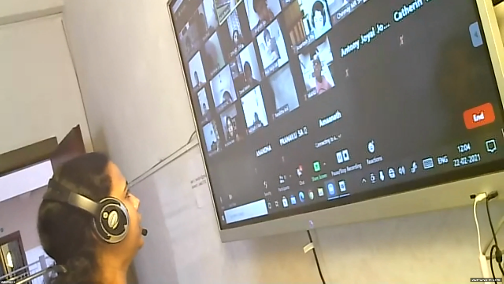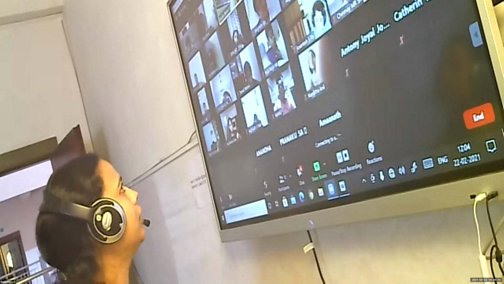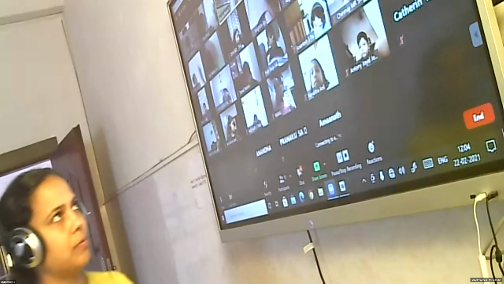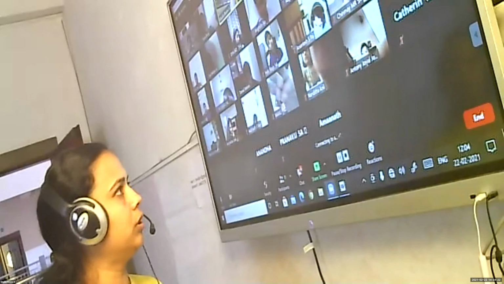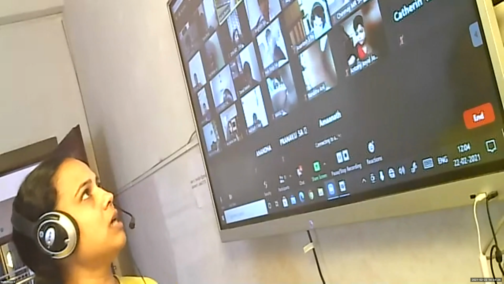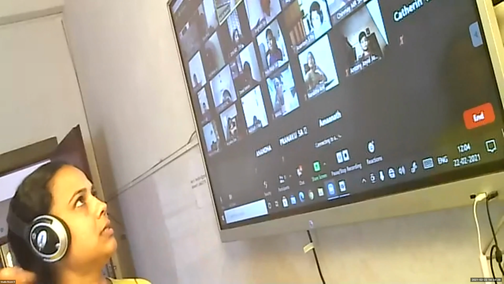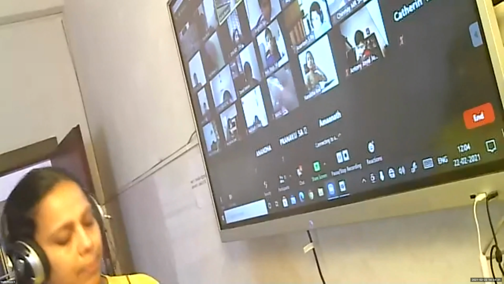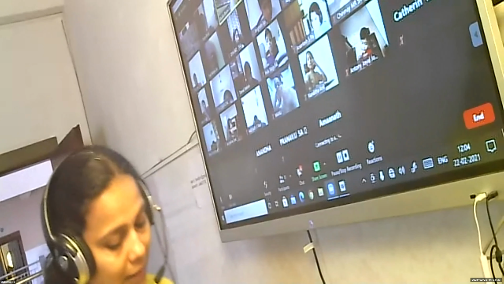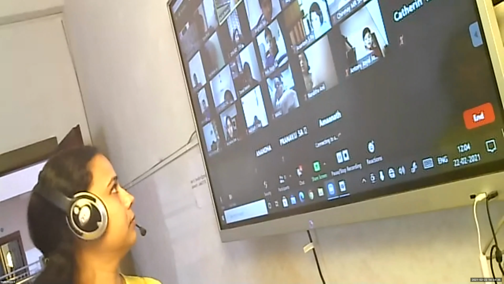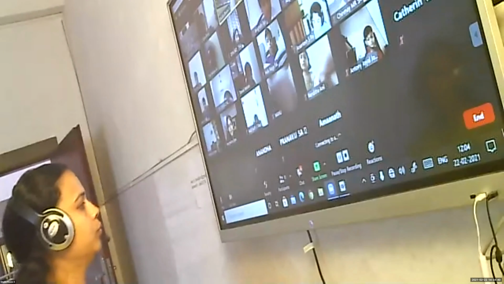What is ascending order? Yes, Nandita. Ascending order means writing the numbers from small to big. Arrange the fractions from small to big. That is ascending order. Descending order is the opposite. If they are like fractions, it is very easy: just look at the numerators and arrange from small to big. But here we have to see the unlike fractions.